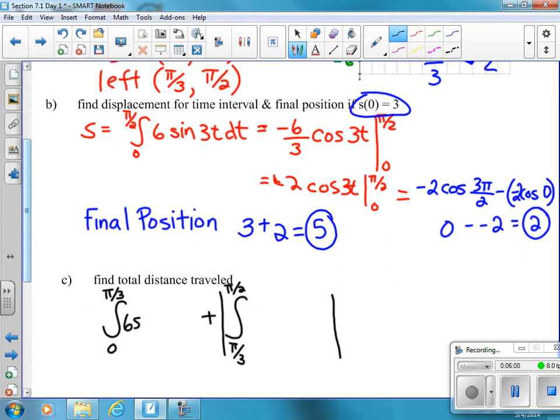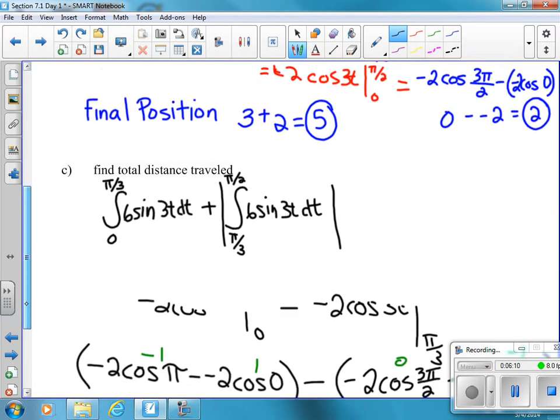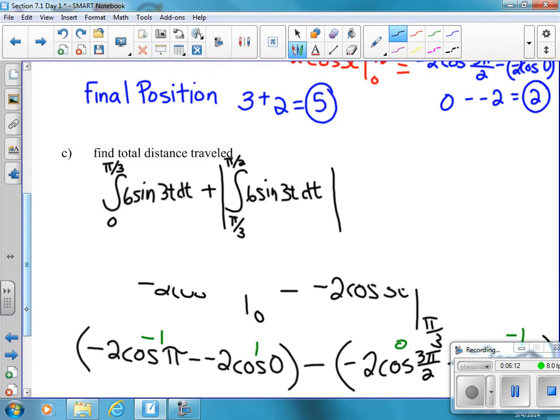Okay, so we have 6 sine of 3t dt, and if you go ahead and evaluate this,